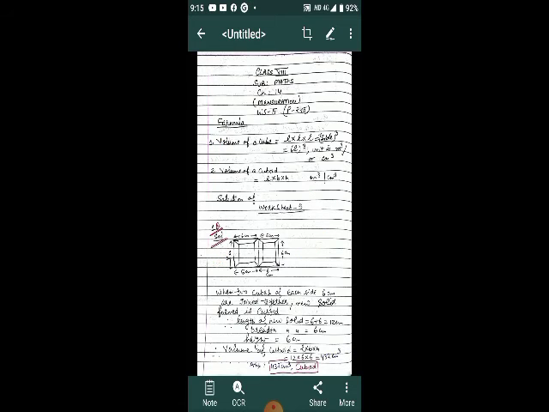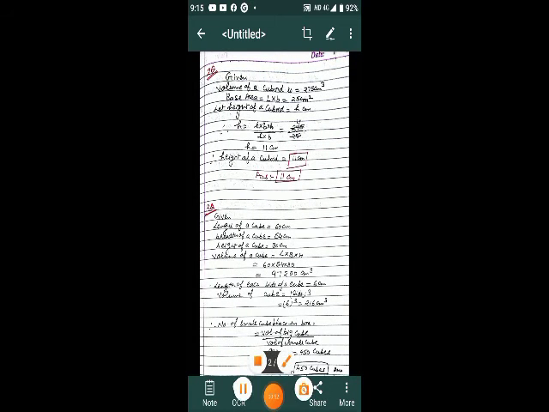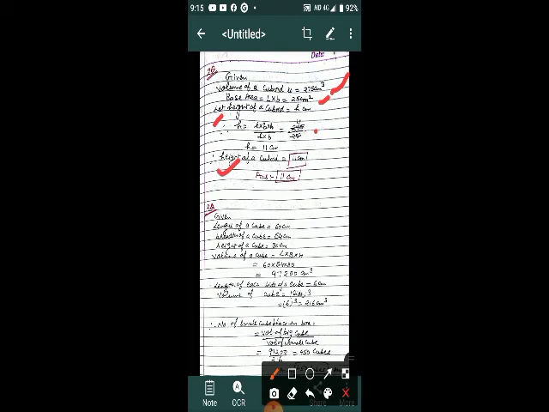Okay, now see the next, question number 2 here. Question number 2: the volume of a cuboid is given and the base area is given. We have to find the height. Height means volume of a cuboid upon area, that is L into B into H upon L into B. We can find 275 upon 25. By dividing both, we will get the height of the cuboid. Okay, only the same formula we will use.